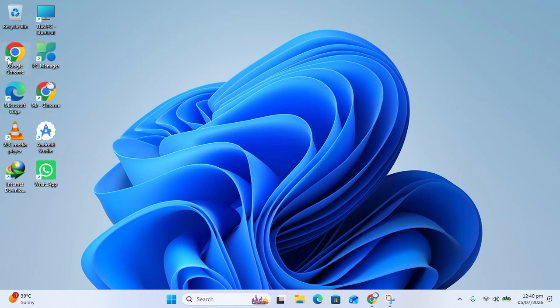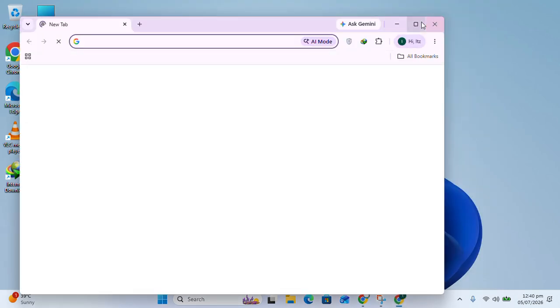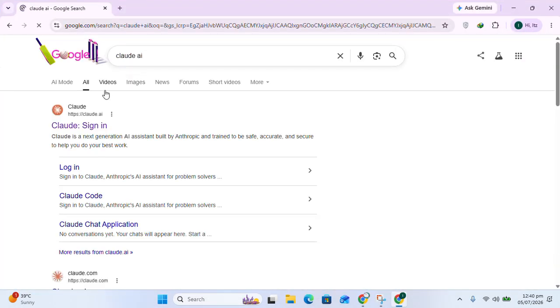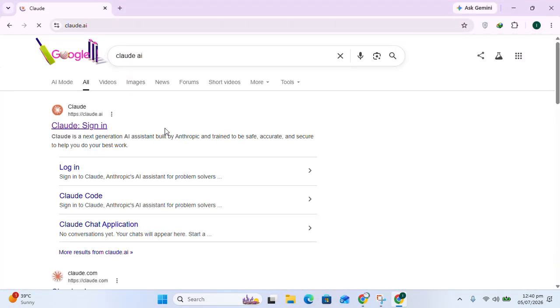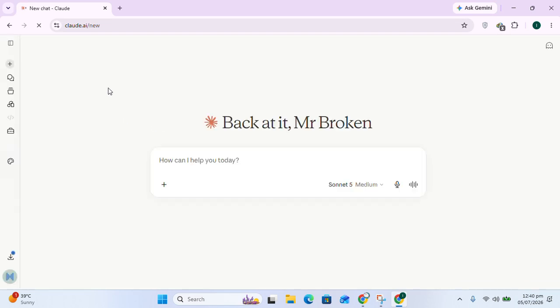You just have to simply open your browser on your PC and search for Claude AI. Make sure that you are signed into your account. Once you are in a conversation, you just have to add a prompt here. I recommend you don't use